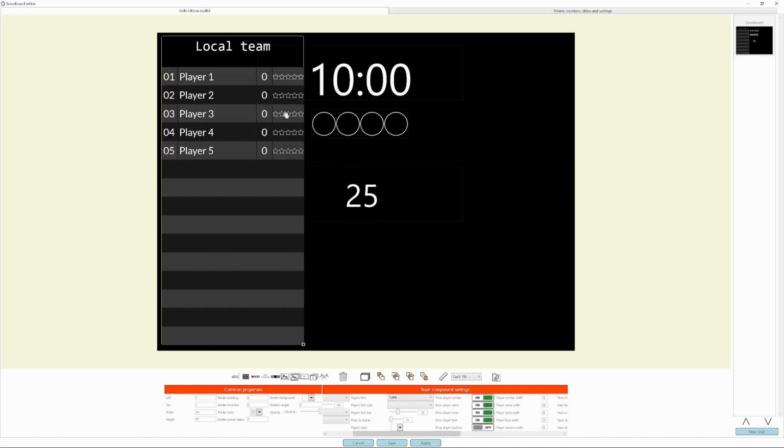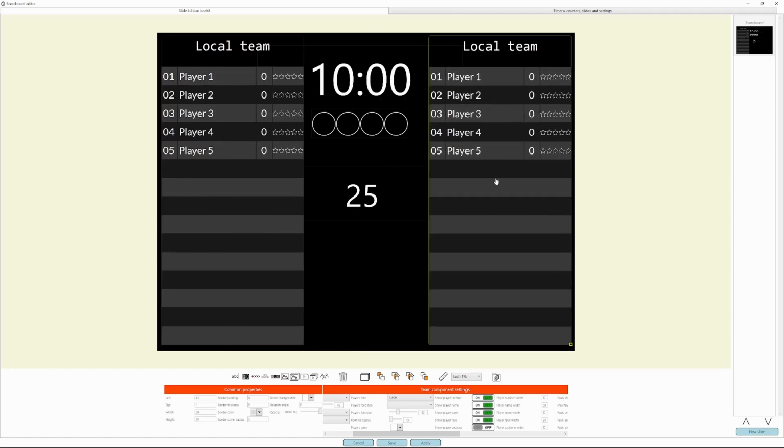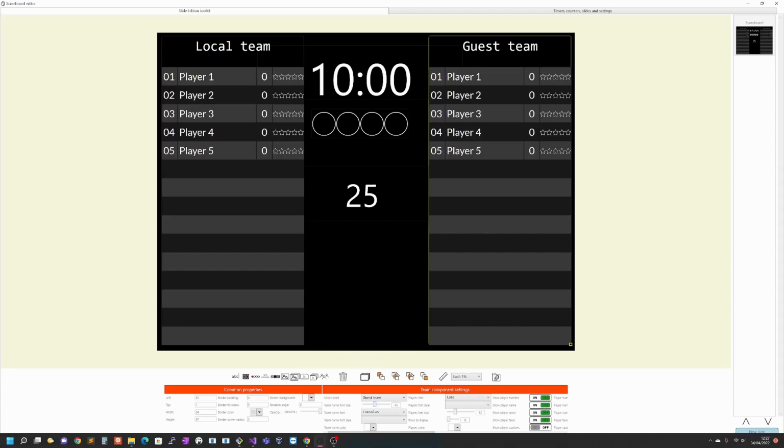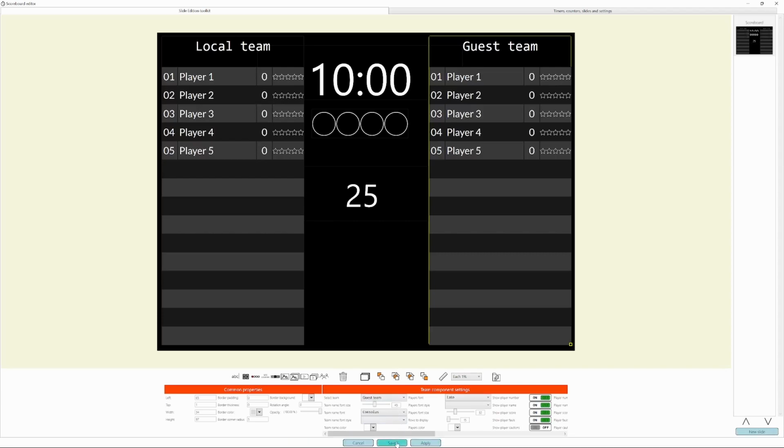So once this is defined, what I will do is make a duplicate of this object and move it directly to the position of the other side. But this is not going to be the local team, it's going to be the guest team, right? The names of the players seem to be the same, but this is player 1 defined in the local team, and this is player 1 defined in the guest team, so the players will be accordingly named, right? So I will save this configuration,